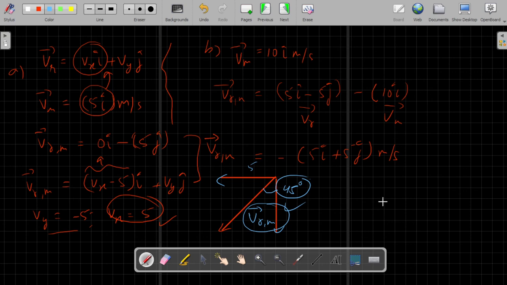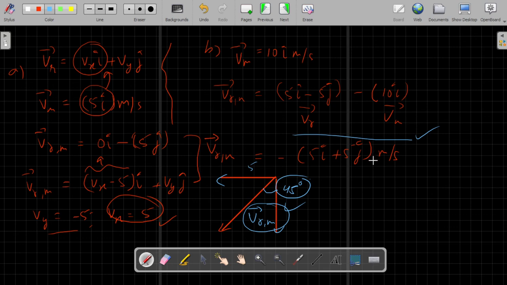In this particular lecture, we discussed the idea of the rain man problem and how relative velocity is involved in it. That is, we subtract the velocity of man from the thing which we are trying to observe. So in the rain man problem, we observe the rain, so we subtract the velocity of man from the velocity of rain, and this is the central formula which drives each question, and all the questions revolve around this only.